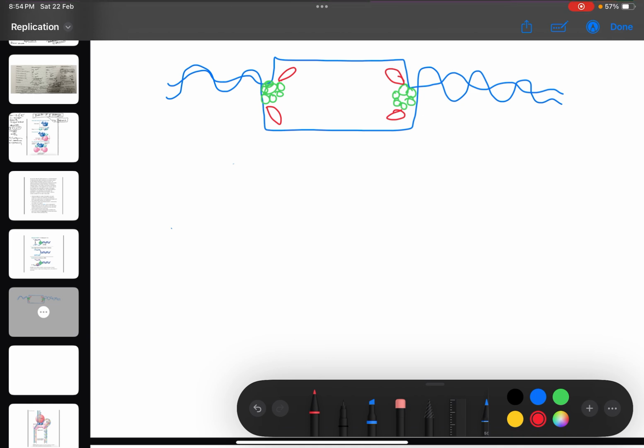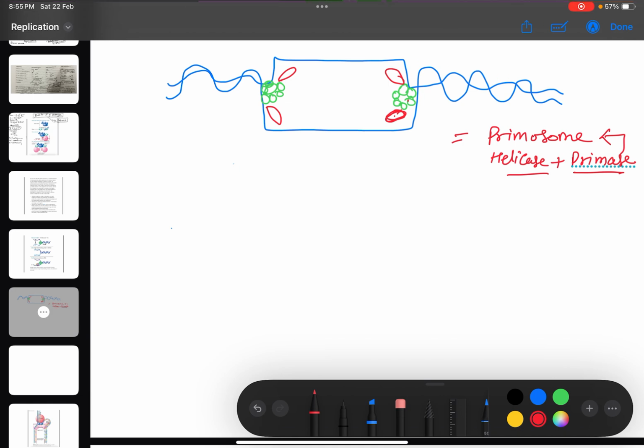This complex of helicase and this primase is known as primosome. What is there? Helicase plus primase, RNA primase. It's commonly known as primosome. Now, this primase enzyme has very low affinity, and it comes and binds for a little bit of time and